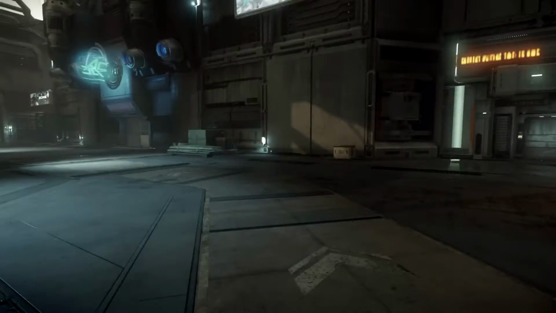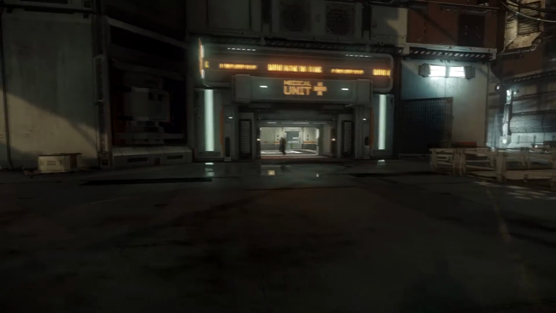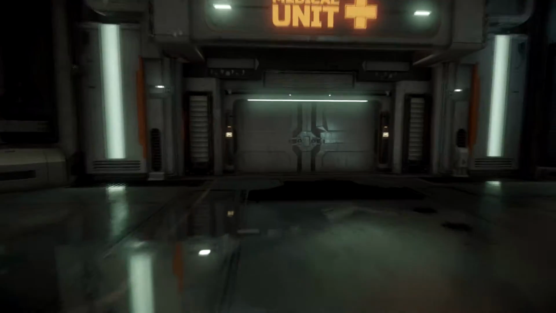So yeah. So there's going to be different shops around here. There's going to be different places you can go visit. There's going to be different missions you can get, medical areas you can see over here, and stuff you can buy. So we'll head down this way. So this is a medical unit. This is where I'm guessing you'd come